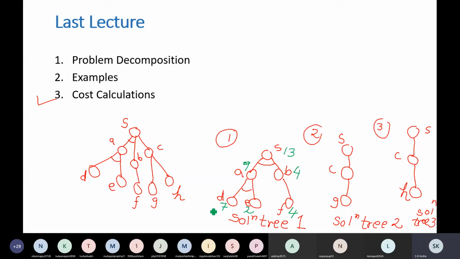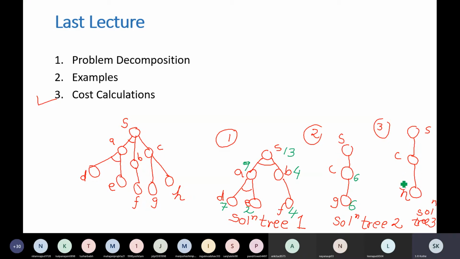Okay. Come to the second solution tree. Suppose cost associated with G is 6. Okay. And what will be then cost associated with C? 6, as it is, because this is OR. Some cost may be there to generate this G, we are assuming that that is 1. So therefore, if you consider this solution tree 2, cost associated will be 6.